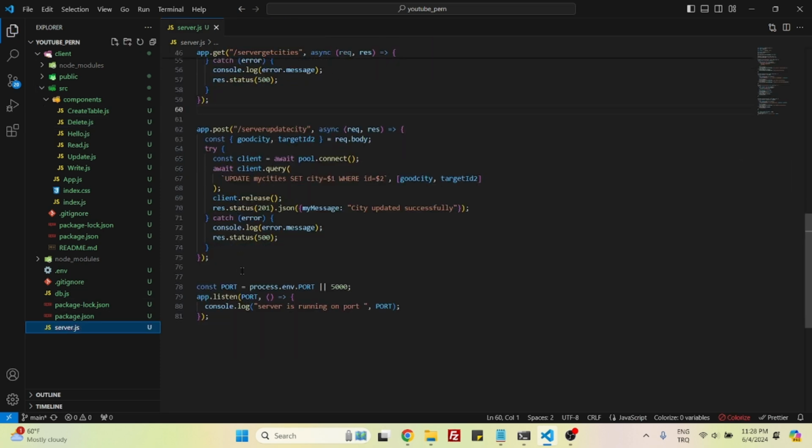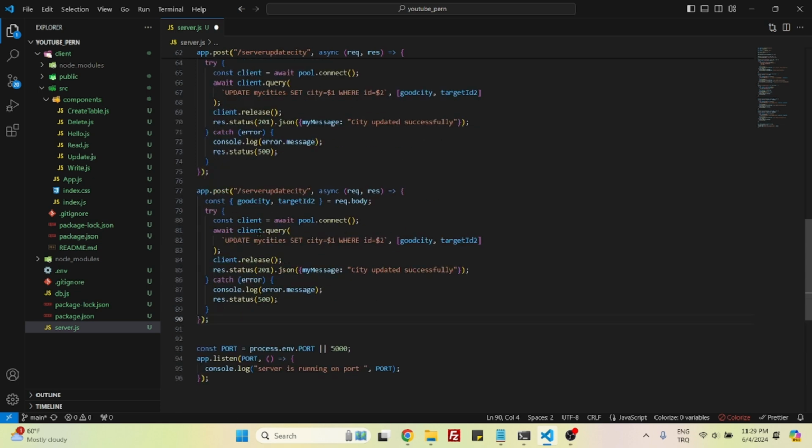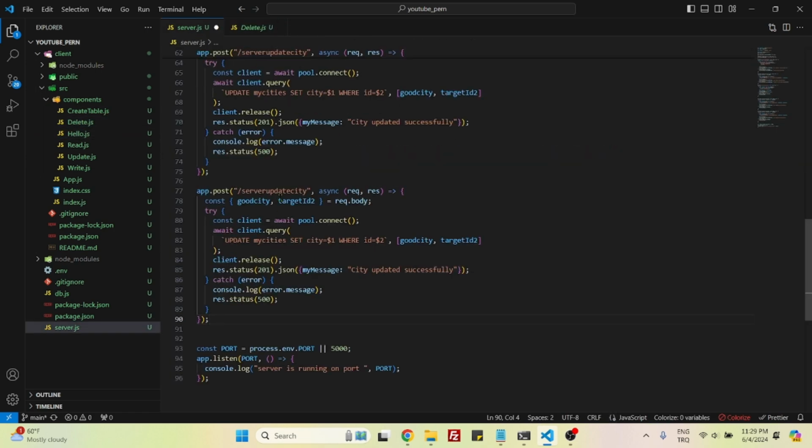Let's go to the server. In the server, as you can see, we have update city. Copy everything here, go down. As you might remember, I had server delete city route, so I need to convert it to delete city. The asynchronous request body will stay the same, and I am getting only the ID number from the request body. Pool connect, that's correct. Query, of course, this I need to update, so here I will say delete from my cities